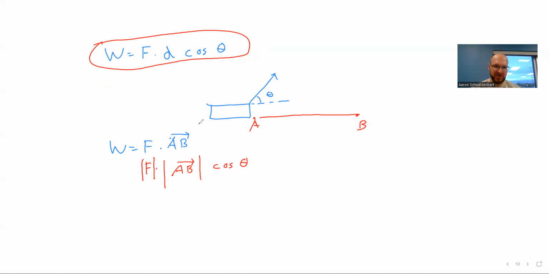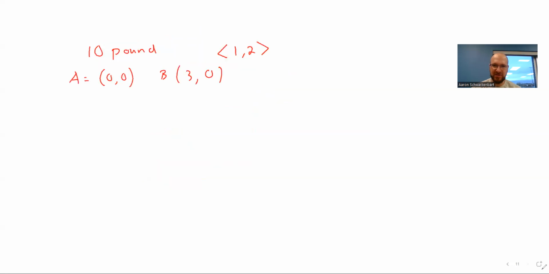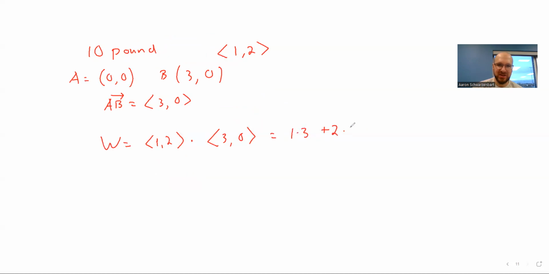So I can just do this with the dot product of my two vectors method, and I don't have to worry about the angle. So AB is simply a vector that goes 3 by 0. So work is equal to the force vector, 1, 2, dot the motion vector, which equals 1 times 3 plus 2 times 0 equals 3